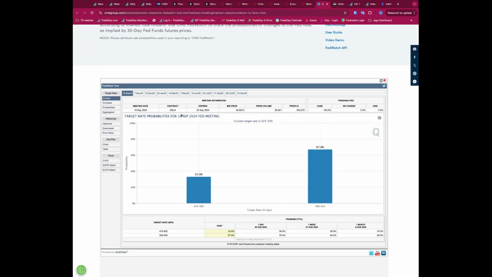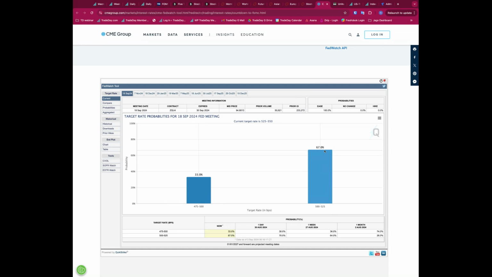I think this is really interesting. I'm going to spend a little bit of time looking at this this morning. So the FedWatch tool, the way this is shaping up, is slightly changed. You can see on the FedWatch tool it's actually pricing in a 1 in 3 chance of a 50 basis point cut. So 475 to 500 would be 50 basis points down from the 525 to 550 level. So we're basically putting in a 2/3 to 1/3 chance of a 25 versus 50.